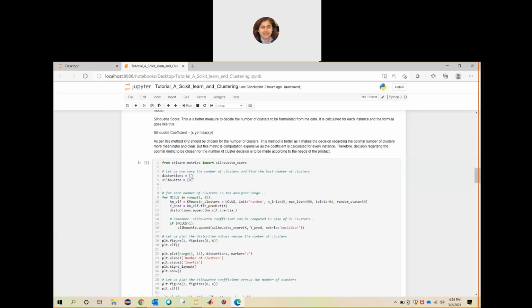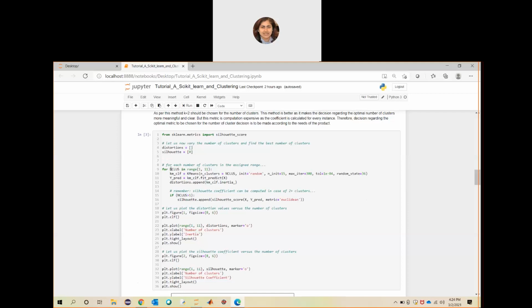Now if I go to the code, you need to decide for how many iterations you need to find out the Silhouette coefficients or inertia. There is a range function in Python. If you take the range as 1 to 10, the iteration will start with 1 and stop at the end point. The k-means function will run and keep on calculating the inertia.